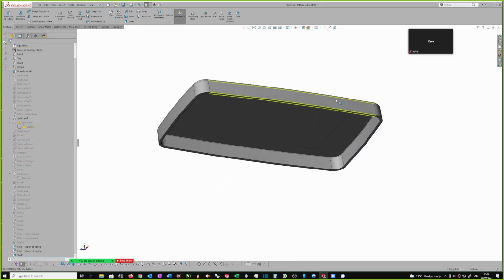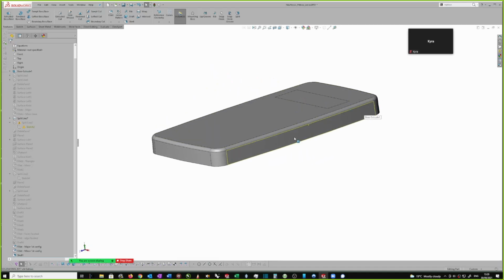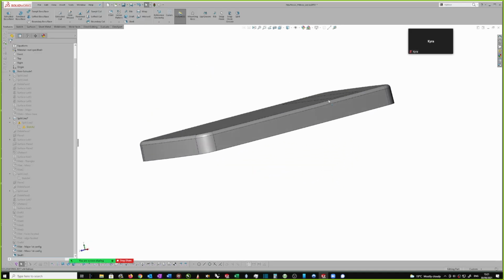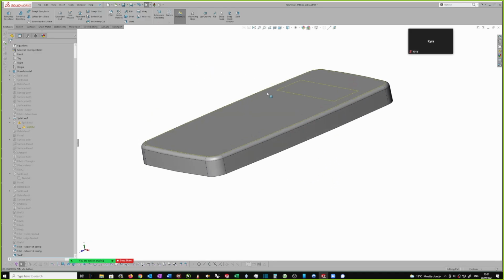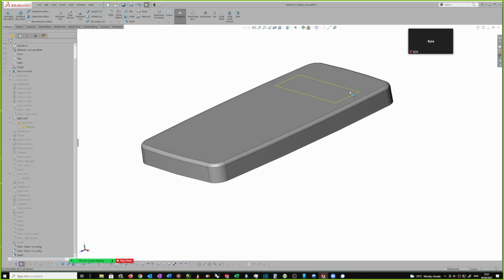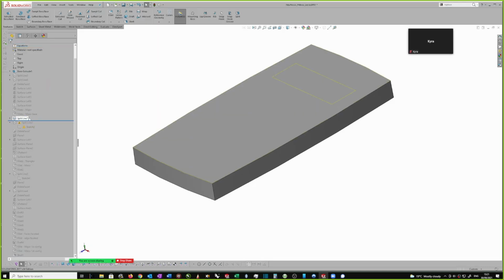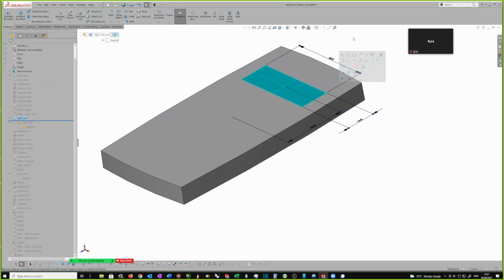So you can see it's still reading this as a complete model because it's actually shelled it. It wouldn't shell if this were still faces. So even though it's split this face, it hasn't split it in the sense of broken it up as faces. It's still reading this as a solid. So let's go. I'm going to bring this line back up to here so that we start from this point again. So what I can do now is delete that face and do some modeling inside. So you hit delete